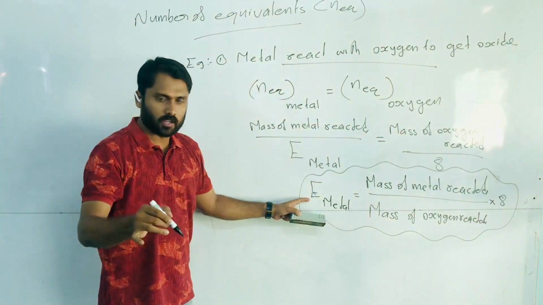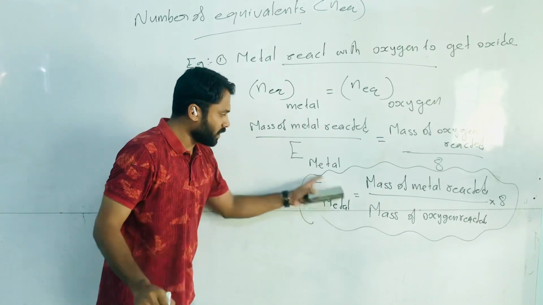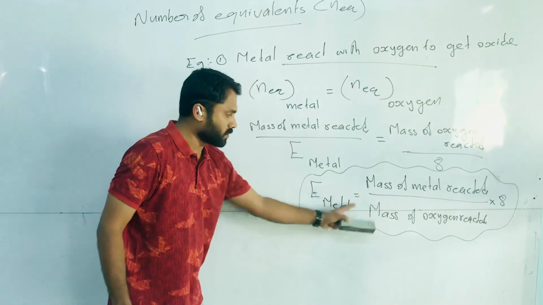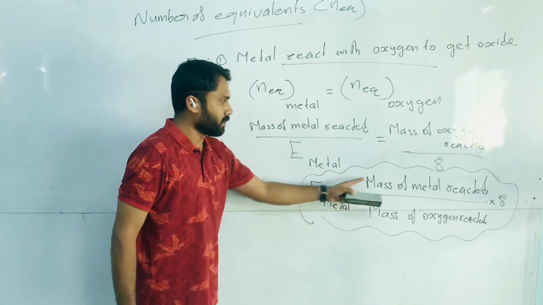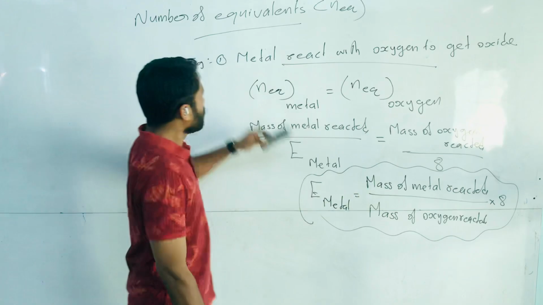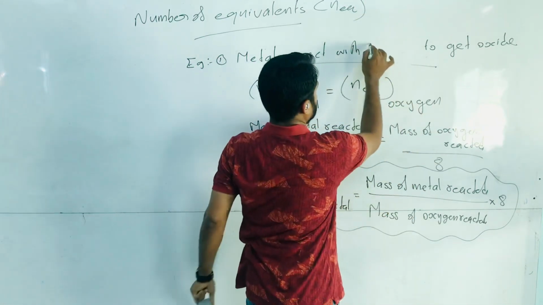In this calculation, for an unknown metal, its equivalent mass can be calculated. We don't want to know which metal it is. We can calculate the equivalent mass of the unknown metal, that is mass of metal reacted by mass of oxygen reacted into 8. If the metal reacts with hydrogen,